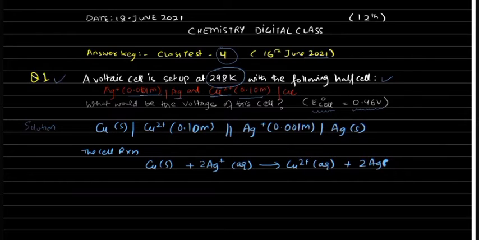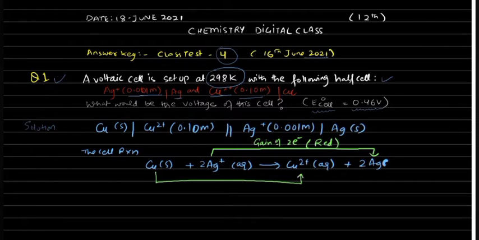There is loss of 2 electrons. Here 2 silver ions will become 2 Ag, so there is gain of 2 electrons. Gain of electrons is called reduction, whereas loss of 2 electrons is called oxidation. So when we know the reduction and oxidation,